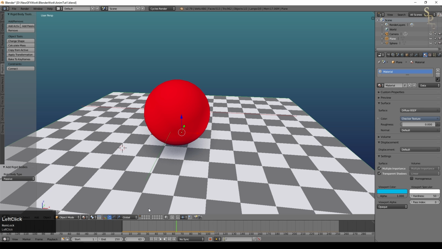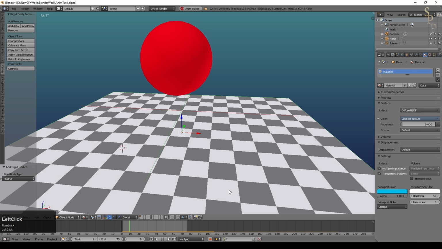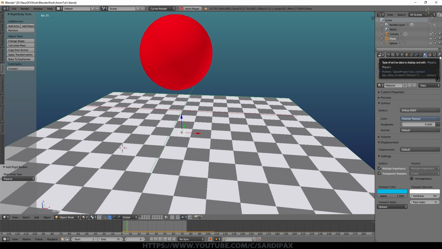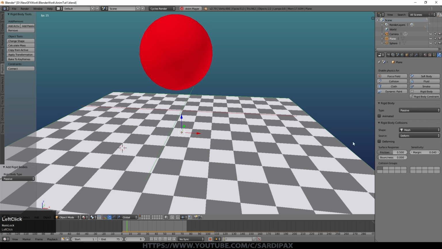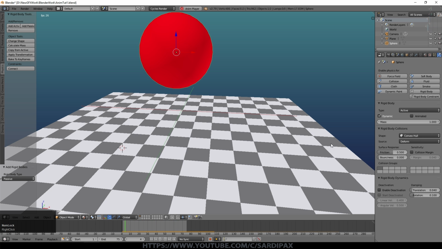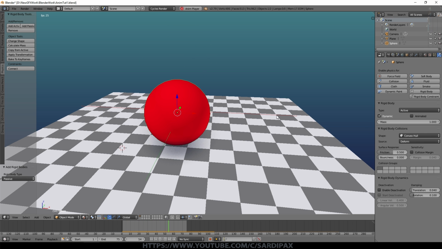So the ball is hitting the floor around the 50th frame, so let's just limit this to 75 frames for the moment and then just click play and let it continue. If we come over to the physics options over here, we can see we've got some options available for the ground, and if I select the object, there are some options available for that as well. And you'll notice dynamic is already selected. If we wanted to use one of the objects from our previous simulation, perhaps as a passive object that hits a dynamic object, we would need to click animated here in order for the physics simulation to know that it was moving. But at the moment, this is just an object that we're setting up and letting go, so we don't need to worry about that.